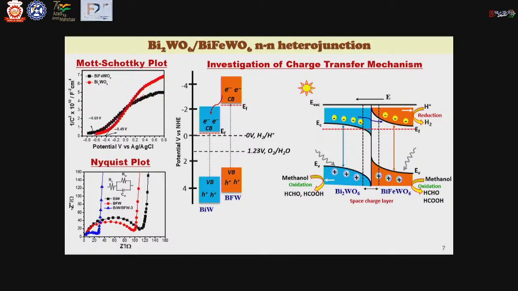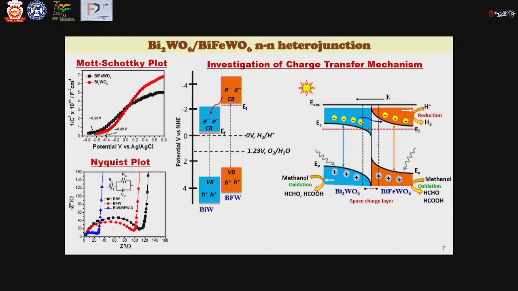of the heterojunction, that is here NN, as both of the materials show n-type conductivity, so an NN heterojunction may be formed where electrons may vectorially transfer from the conduction band of bismuth tungsten oxide to the conduction band of bismuth iron tungsten oxide. These electrons have sufficient reduction potential for hydrogen generation, and at the same time we use methanol as a scavenging agent which can quench the holes, so that we may get more electrons in our system